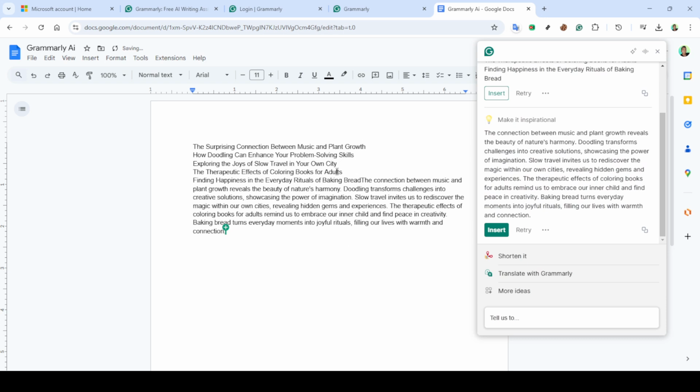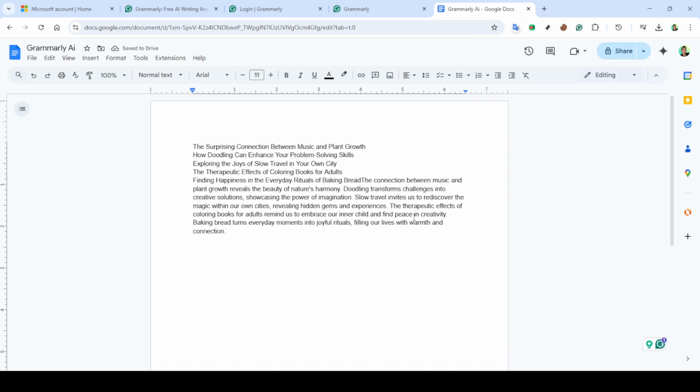Lastly, don't forget that you can also use Grammarly Go in Gmail. This feature is especially useful for those of us who are always firing off emails, both professional and personal. With Grammarly integrated into your Gmail, your correspondence will be clearer and more effective, ensuring you communicate your message accurately and professionally. From catching typos to rephrasing sentences for clarity,